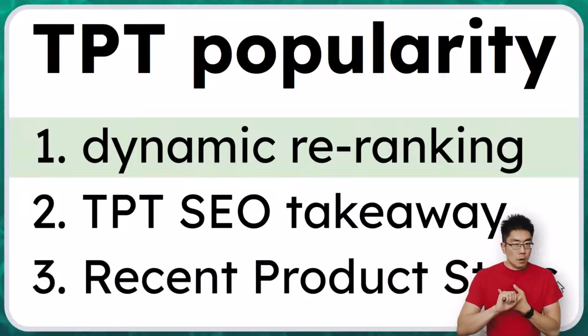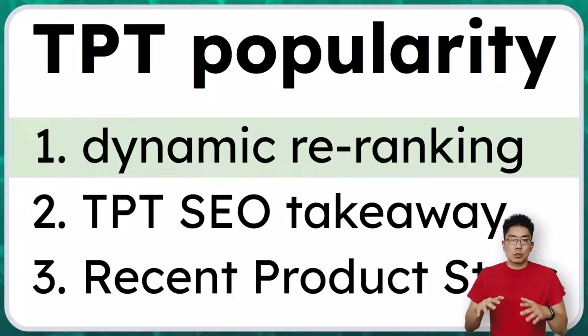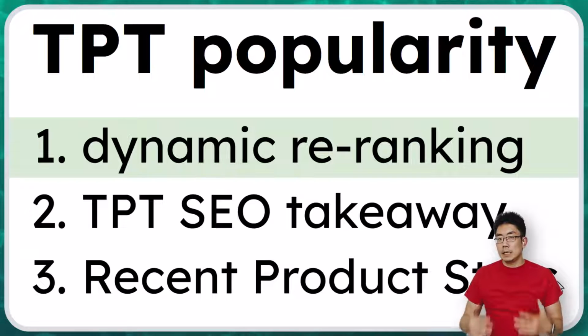First, I'm going to talk about what the TPT SEO manual says, and this feature is called dynamic re-ranking. This is what lets a search engine keep up with viral trends or seasonal keywords, like solar eclipse. The second thing I'll talk about is I'll summarize the theory with some TPT SEO takeaways. And then the last thing I'll talk about is I'll show you how you can look at your data to test this theory about whether conversion rate is as big of a deal as we think it might be.